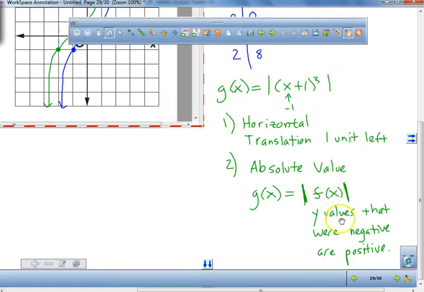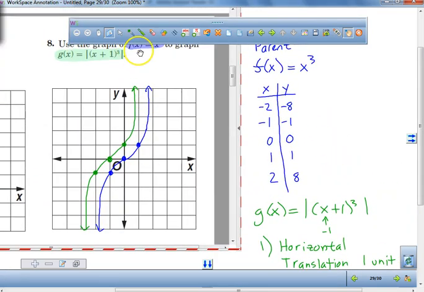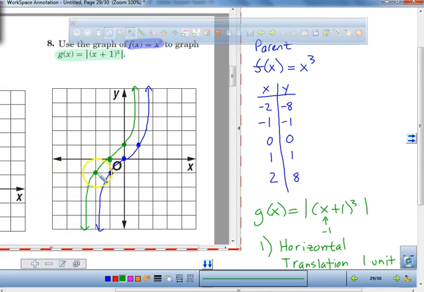So right now, all the y values that were negative are going to become what? Become positive. Now where are my y values negative? The y values are negative right here. So right here, this point is actually not going to be here anymore. It's going to be right up there. And so what did go down like this is now going to be perfectly symmetrical, and it's going to go